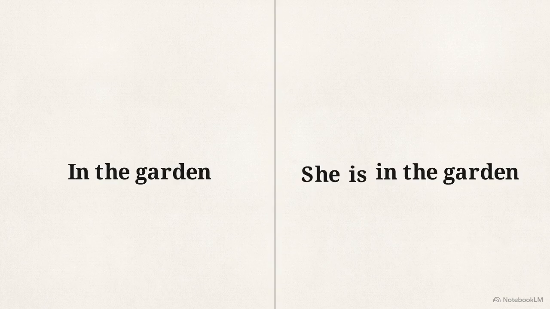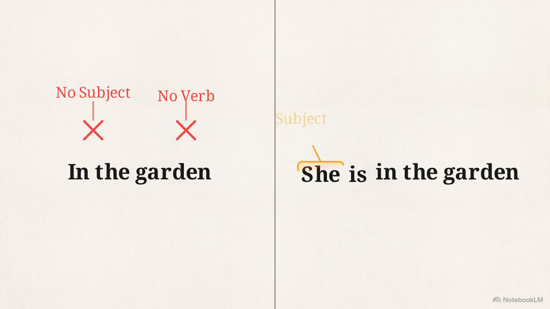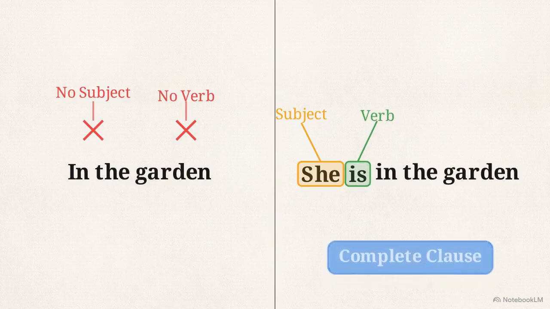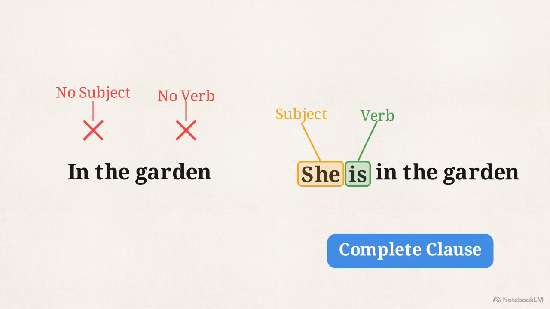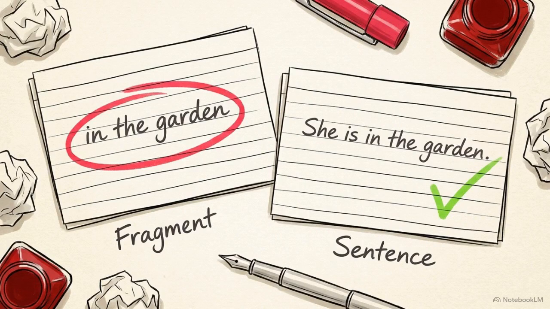Here is a split-screen breakdown showing exactly where that boundary lies. On the left, we have the phrase, "in the garden." It paints a picture, but it completely lacks a subject and a working verb. On the right, if we add the subject she and the verb is, we cross the boundary from a phrase into a complete clause. Distinguishing between these two structures prevents the confusion of a simple descriptive fragment with a complete